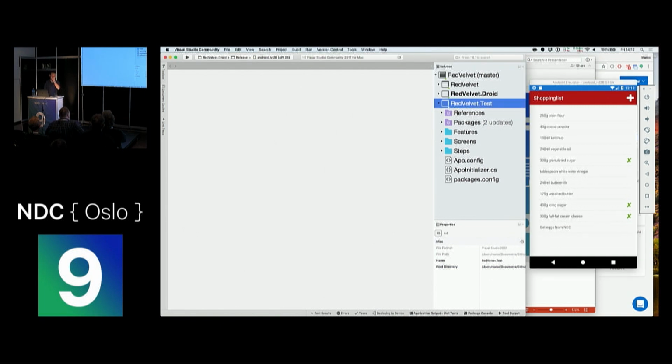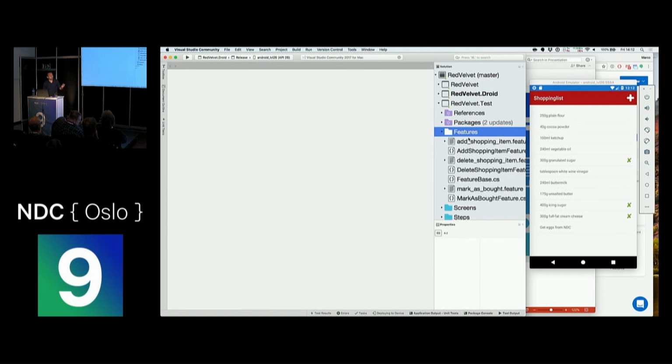You saw a couple of steps already that I did when it comes to a Xamarin UI test, but over here we have a different kind of structure. We have something called features, which holds the feature files. We have a folder called screens that holds the different screens and states of the application. And we have certain steps, and the steps are actually automation steps. I'd like to slowly walk you through them to make sure that you understand what's going on.